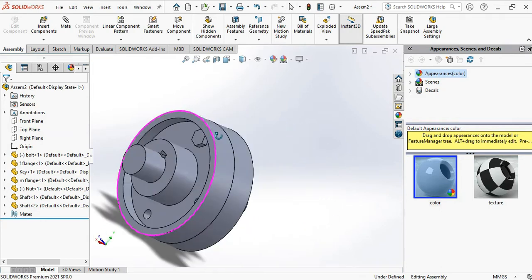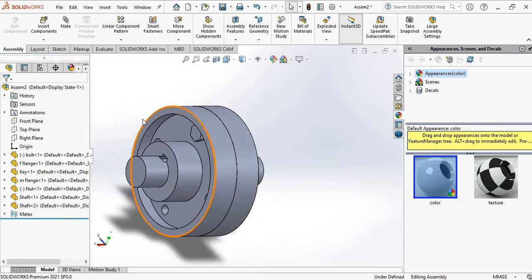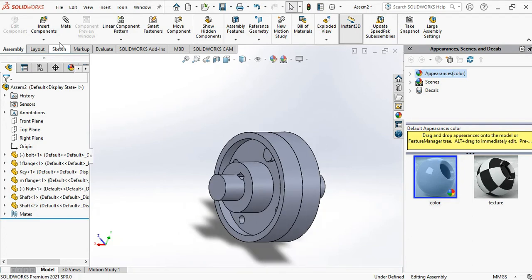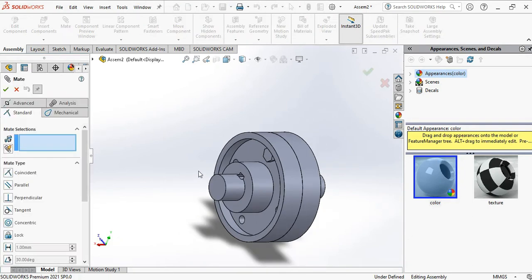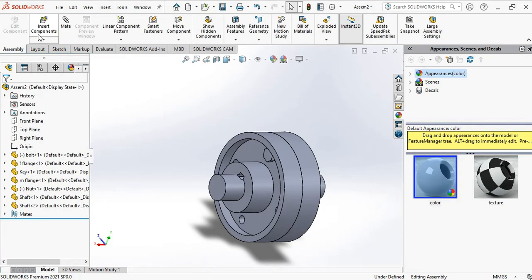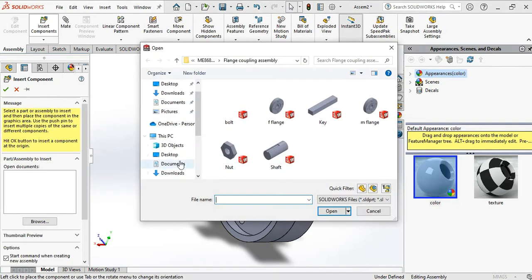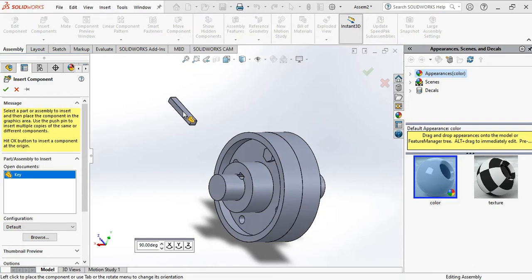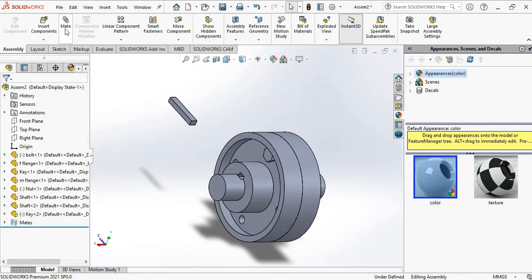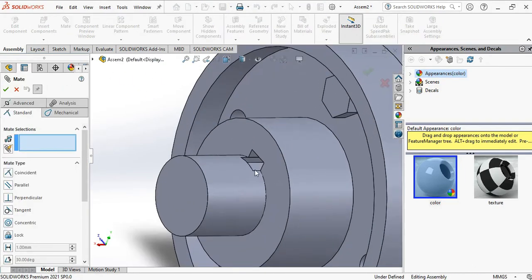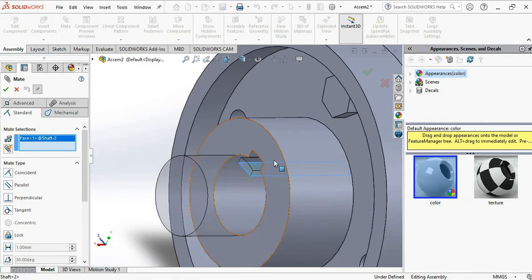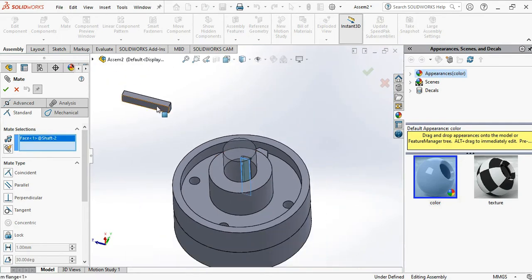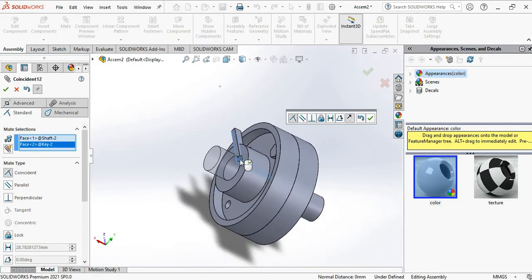So just like this, we have to insert one more key here. Go to mate. Sorry, go to insert component. Browse the one more key. Go to mate and select this bottom surface as well as key bottom surface.